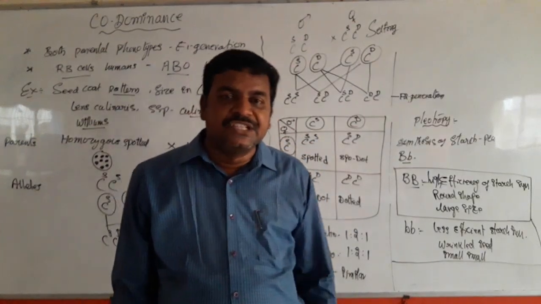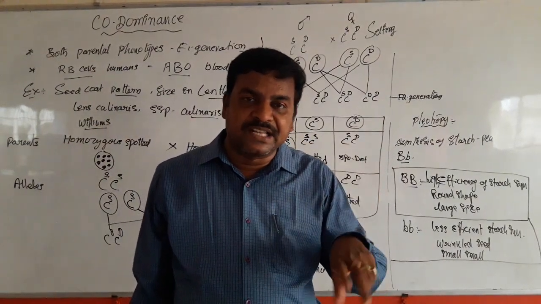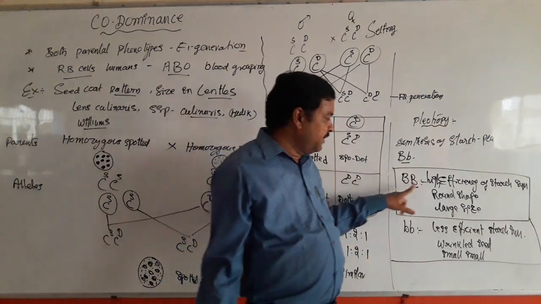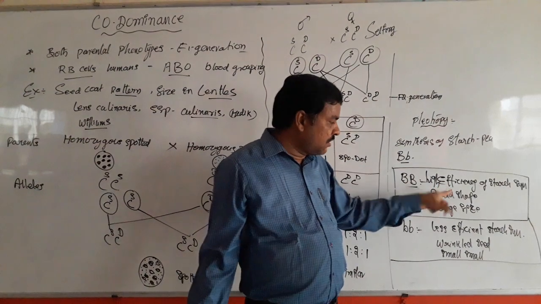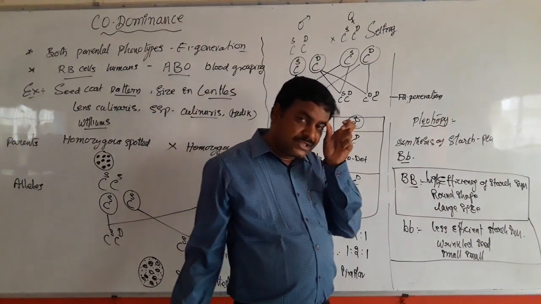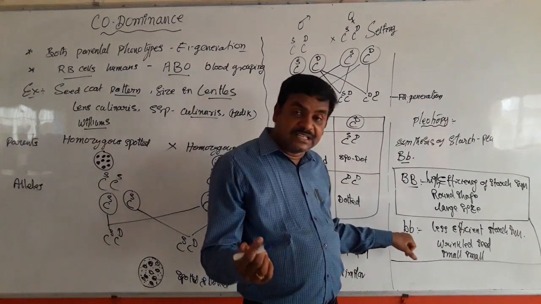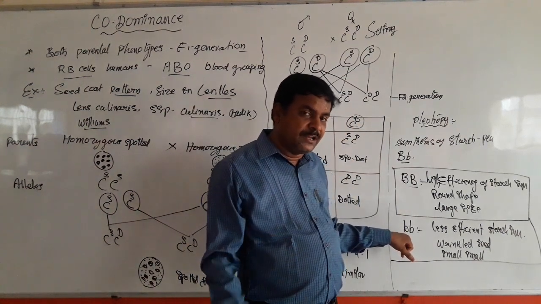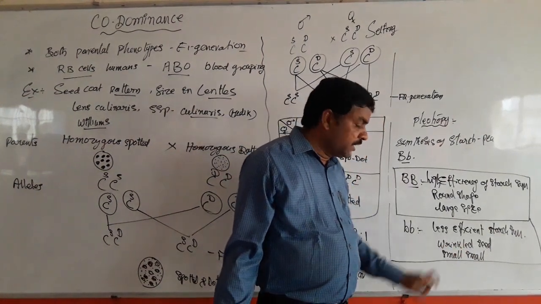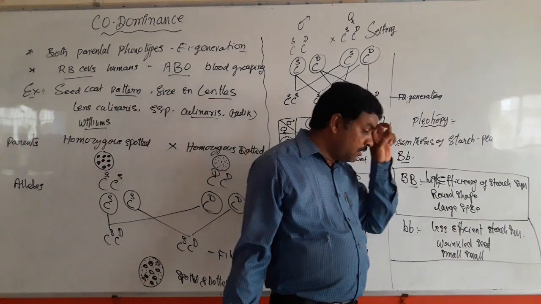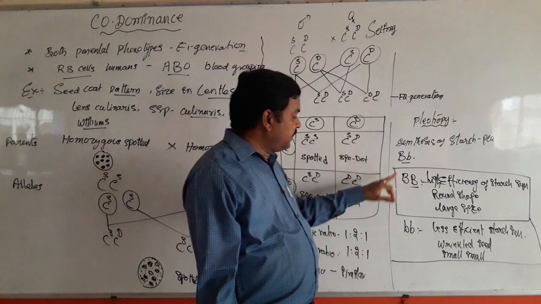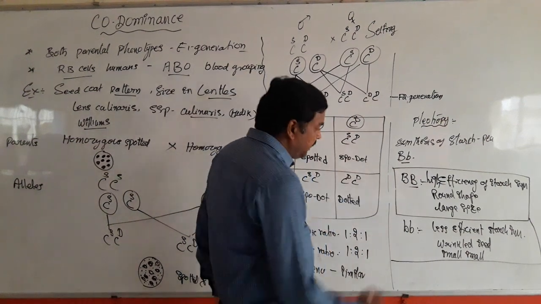But here a single gene is responsible for multiple characters, that is, more than one character. When the alleles are capital B, they show high efficiency starch synthesis, round shaped seeds, and large sized seeds. If they are present in the recessive condition, small b, there is less efficient starch synthesis, wrinkled seeds, and small sized seeds. Here, very important, when these two plants are crossed,